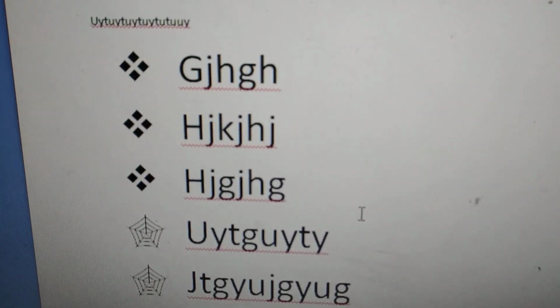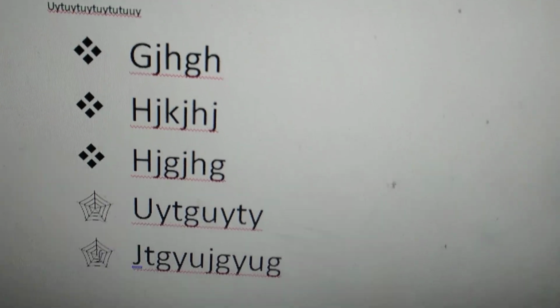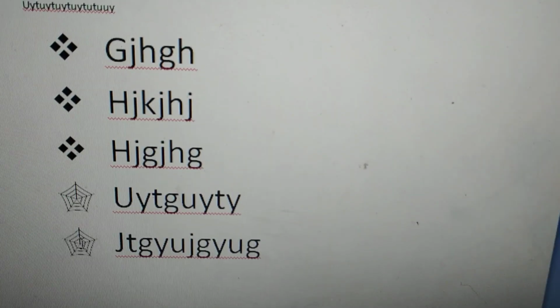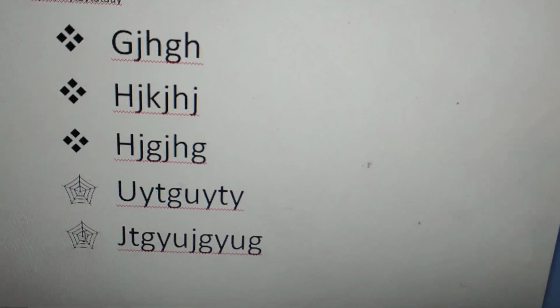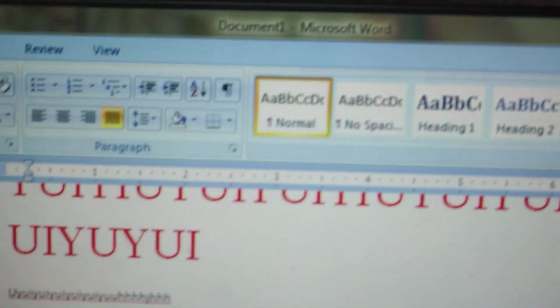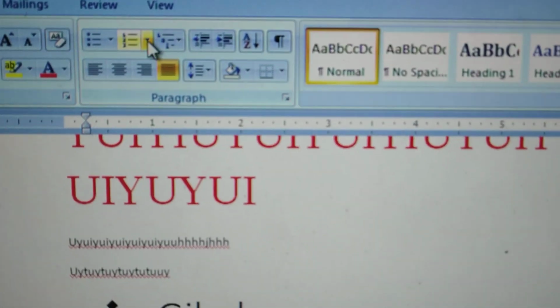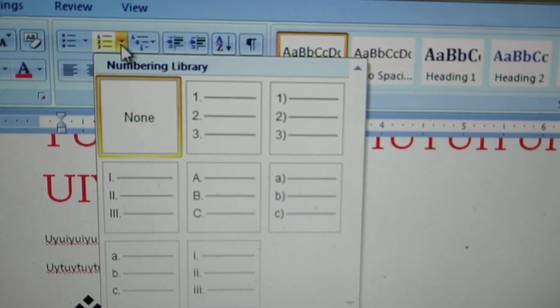Suppose now you don't want to give a design, you don't want to give a bullet, you want to give numbers 1, 2, 3, whether in Roman or international. So if you want to give numbers, then see here, the numbering option is there. Here bullet and here numbering. Click on that numbering.